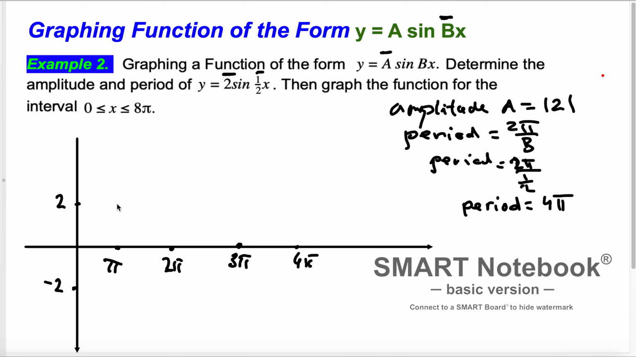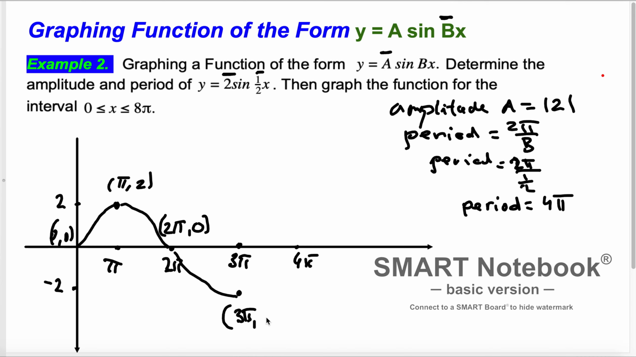And now, at this point here, the sine function starts from 0, 0, and goes up to this point here. So here is 0, 0. At this point here is pi and 2, and then it goes down to this point here, which is 2 pi and 0. Then it goes to this point here, which is going to be 3 pi and minus 2,